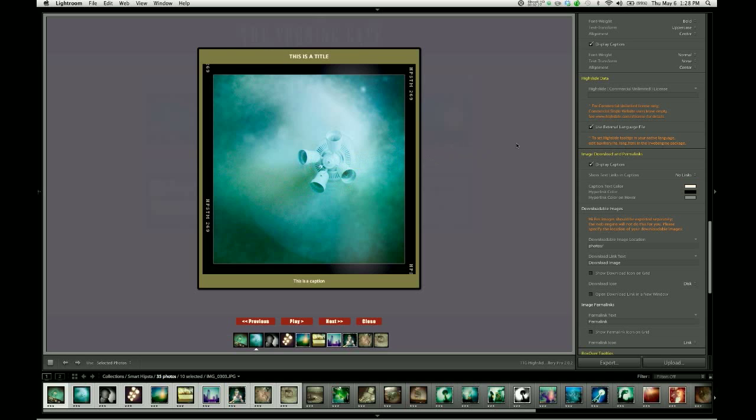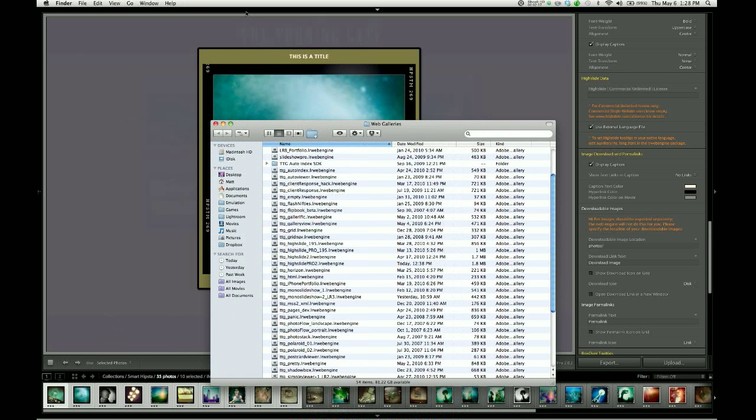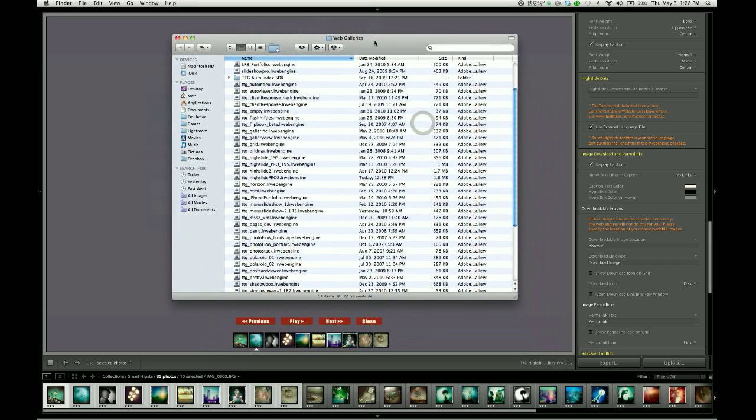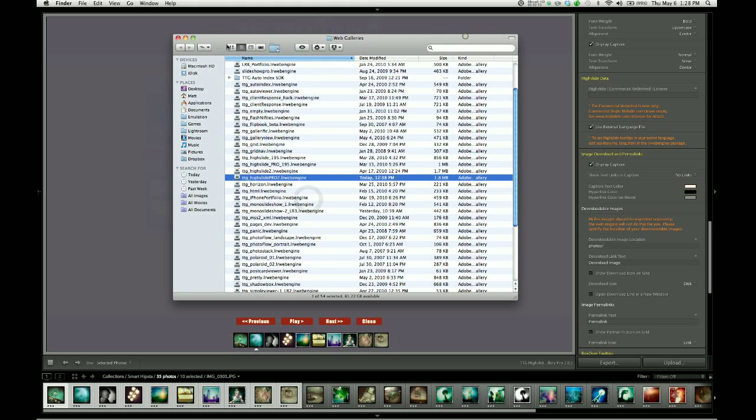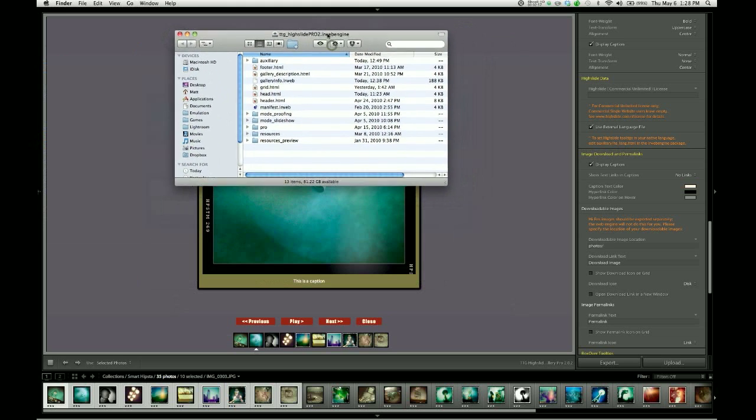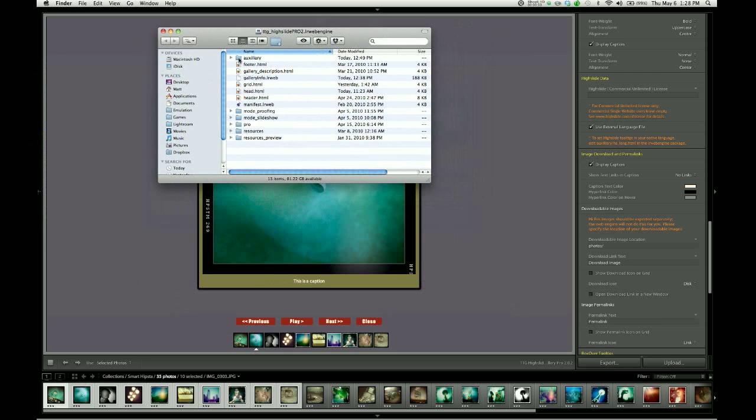But if you wanted to go ahead and localize Highslide for your own language, you would have to go into the file browser of your operating system. So let's bring up a Finder window. This is my web galleries folder, and you would have to open up the Highslide web engine. Now on Windows, it acts just like a folder. You double click to get inside. On a Mac, you need to control click it and choose Show Package Contents to open that web engine in a folder view. You can then dig into the auxiliary folder and locate the